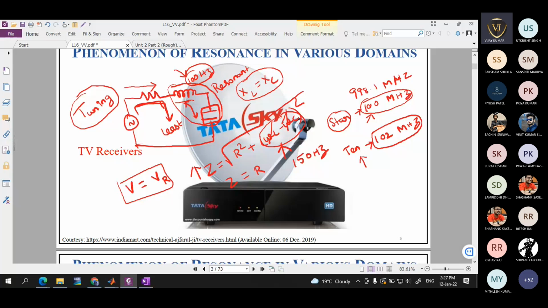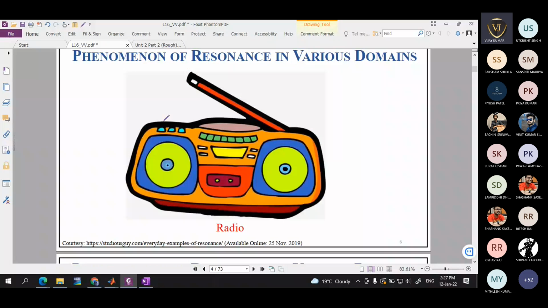Similarly, you can use it for radio signals. In a radio you will have a tuning part. You know that 99.8 megahertz will be one channel, then 99.1 will be another channel. This is based on this tuning. If you are fixing your radio to 99.1, it will be tuned to that frequency. It will allow only whatever signal is there at that particular frequency. So this is also based on RLC circuits only.